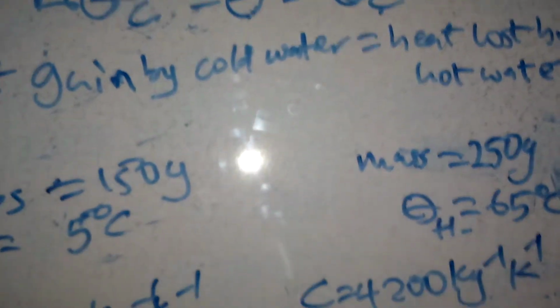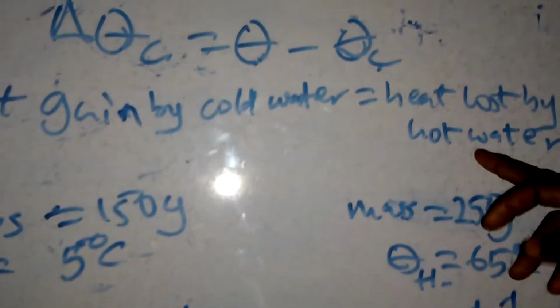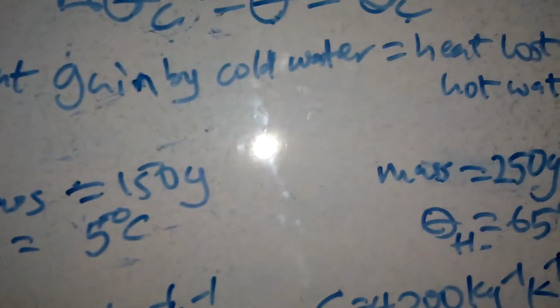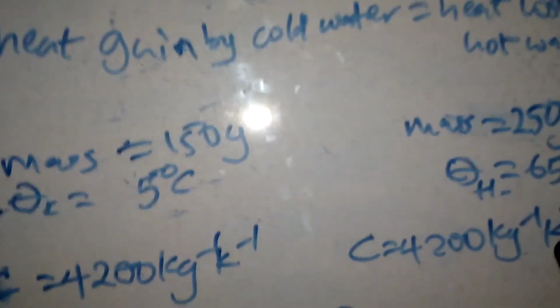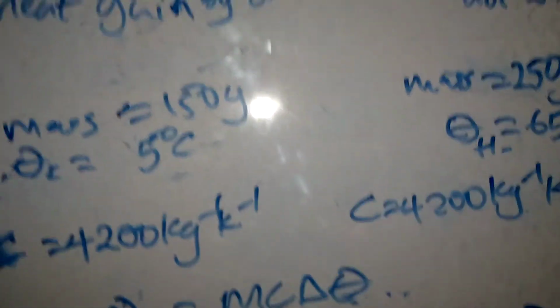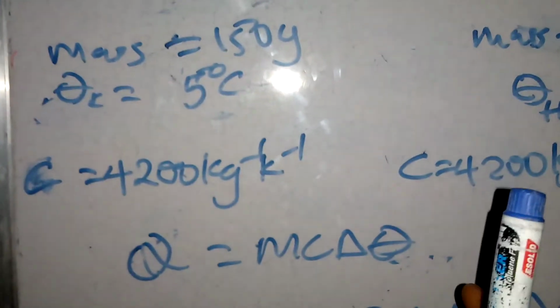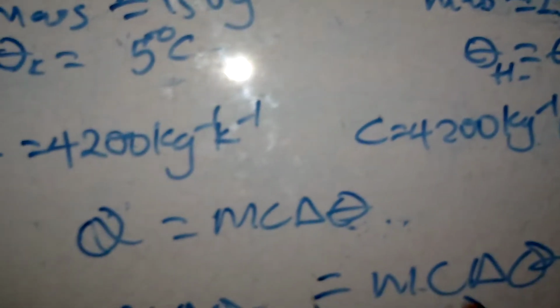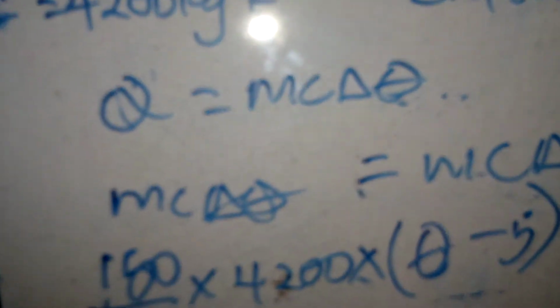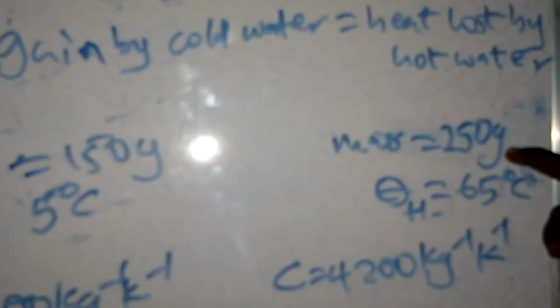the heat lost by the hot water when the hot water is added to the cold water. I said that it will lose heat, that is, this 65 degrees Celsius will never be 65 degrees Celsius again. So there will be a reduction in the temperature. The temperature will reduce when adding cold water to hot water. You will notice there will be some changes. So the changes for hot water will be, okay, let's consider the mass first, also the same thing. The mass is 250 multiplied by the specific heat capacity, the same thing, times